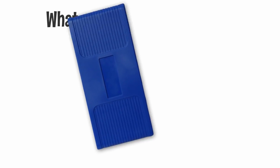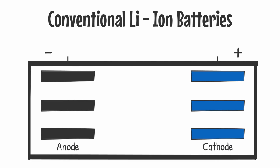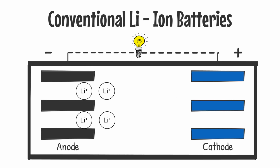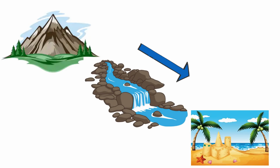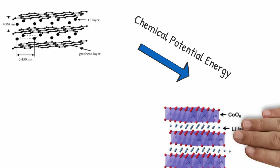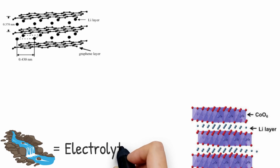Well, solid-state batteries are not very different from conventional lithium-ion batteries. Lithium-ion batteries, such as those currently used in our mobile devices, utilize intercalation technology, with lithium ions being exchanged between the positive electrode and negative electrode. Akin to moving water down from an elevated height, but instead of harvesting gravitational potential energy, we use chemical potential energy instead. And just as how we need rivers to allow water to flow, we need electrolytes to allow lithium